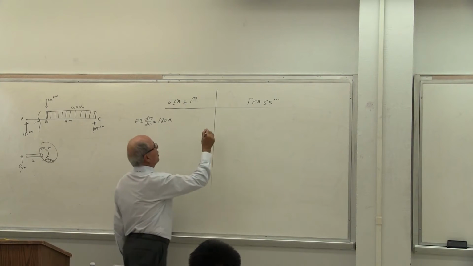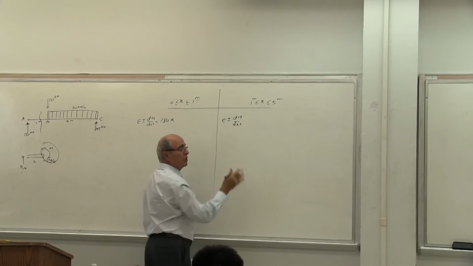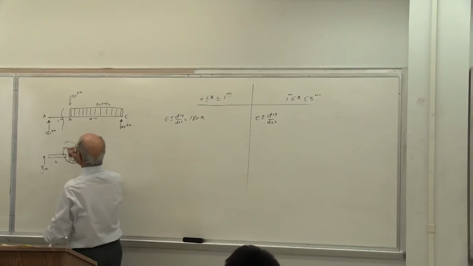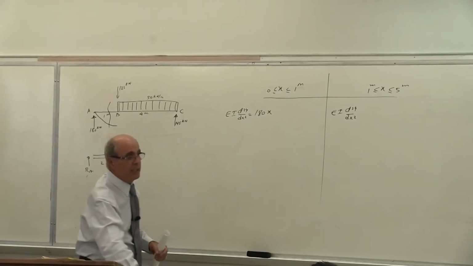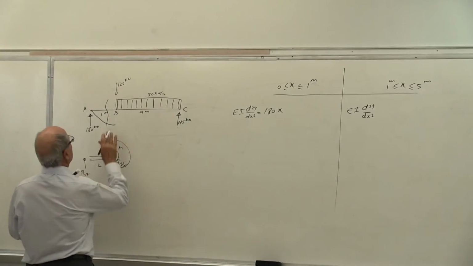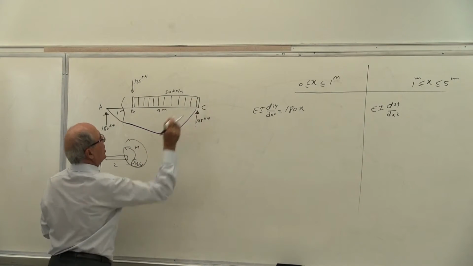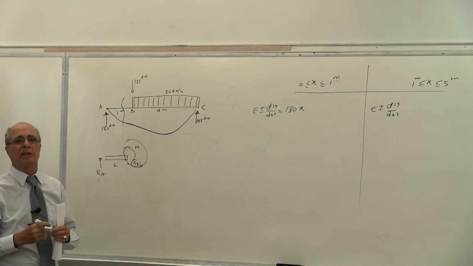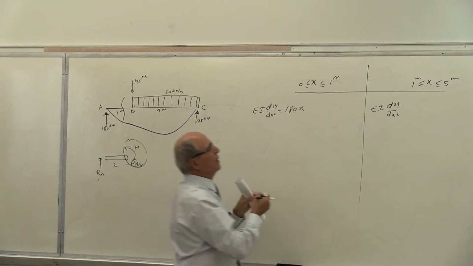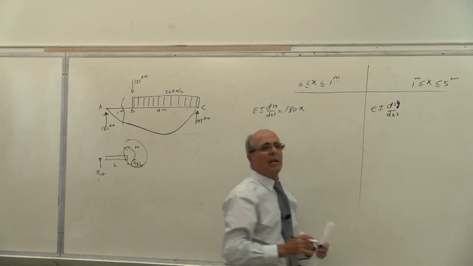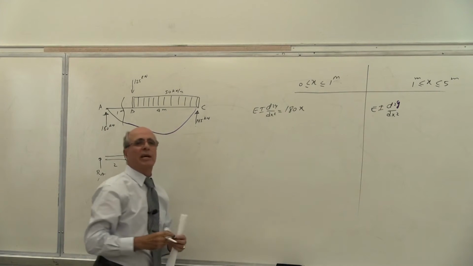Now let's go to the other one. EI d2y over dx squared, which is a totally different format. This is the format of how this beam is going to bend like this. Then I said it in class. Actually, I showed you in two colors. I said, remember, if you go like that, you may end up like that. Let's say it ends up like this. This is by exaggeration. Is that correct or not? Yes? This curve is this curve. Is that understood? Yes? This black curve is this curve. Is that correct or not?